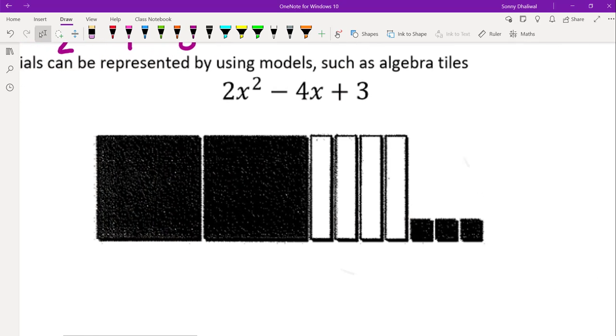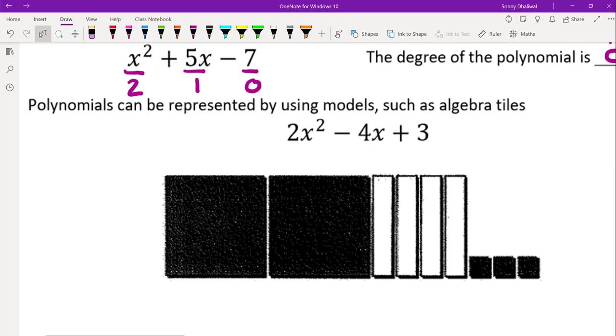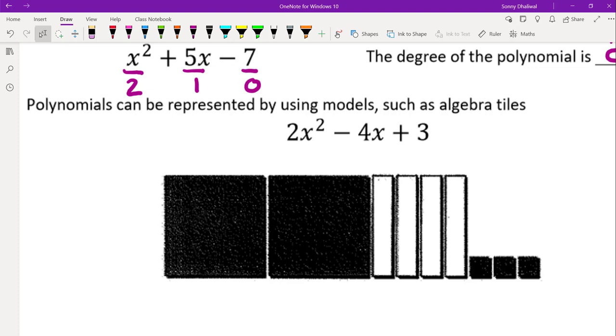Over here on the left-hand side are some models sometimes used with polynomials. They can be used to help add, subtract polynomials, can be used for multiplying. I don't use them very often, but depends on who you have as your future teacher. They may use these quite a bit. So I do want to talk about them. So these shapes